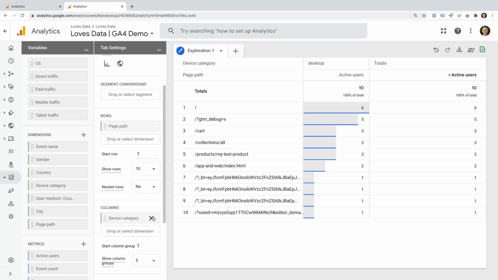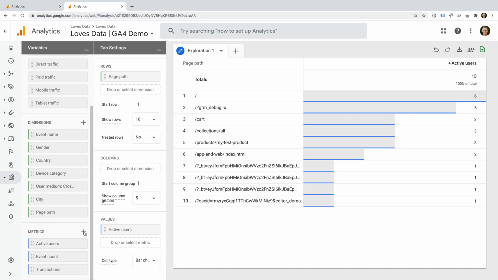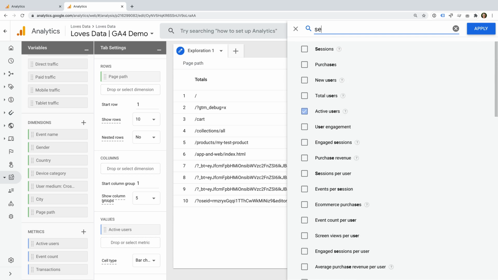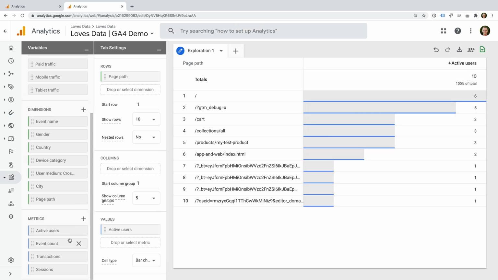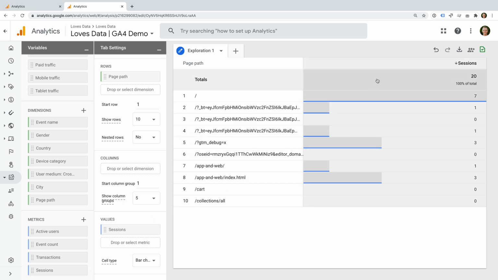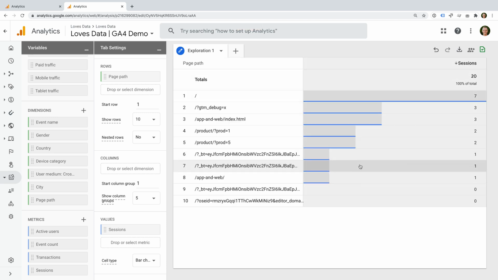Now let's remove the device category from columns. And we need to click the plus sign next to Metrics. Then we need to enable the Sessions metric. And we can add it to our report. We can now see our top landing pages. And if you like, you could customize the report further by including additional metrics like new users, engagement rate, and